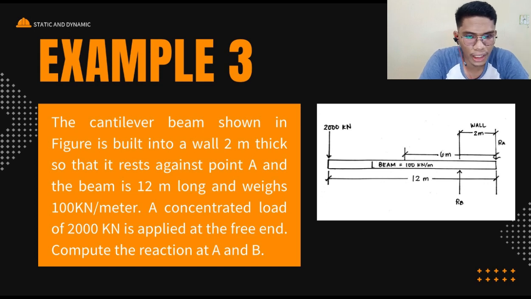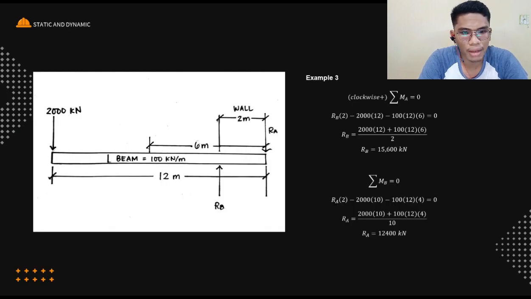So, to solve for our RB, magmo-moment po tayo dito kay A. So, RB, kung papunta po siya dito kay A is movement niya po ay pa-clockwise. So, RB, naging positive, multiplied by 2 which is its moment arm minus 2,000 dahil ang movement naman po ng 2,000 ay pa-counterclockwise multiplied by 12. So, ito po yung distance niya, yung moment arm, minus 100 multiplied by 12